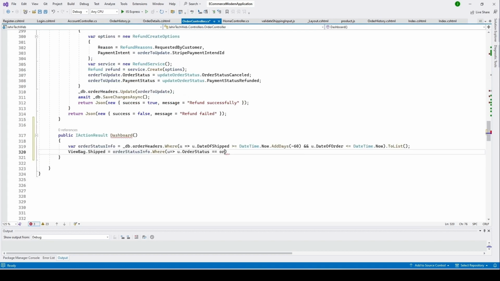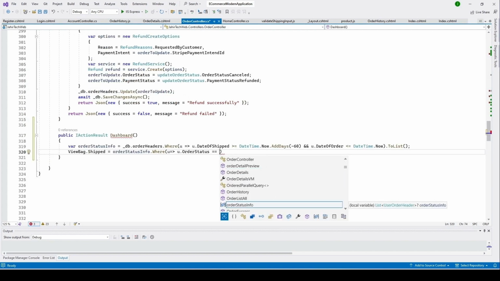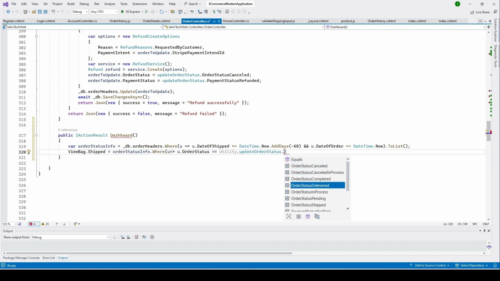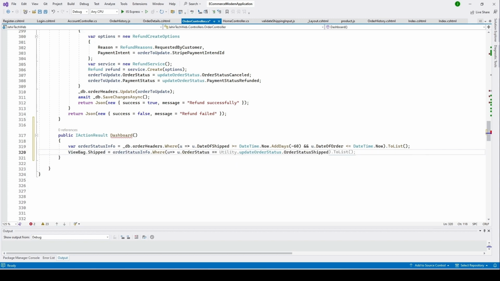So I'll put Utility.UpdateOrderStatus.Shift.ToList(). Okay, and now here I'll again copy this, not typing,